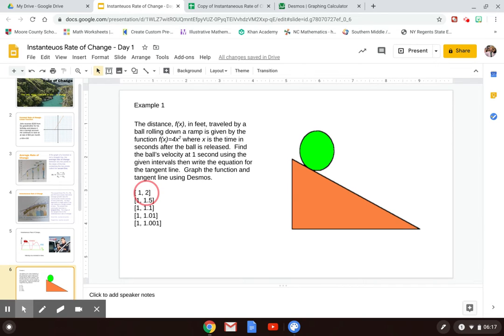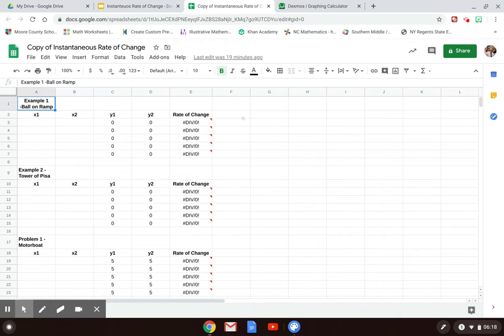And what we already know is that in order to find my y values and to use those y values to figure out a rate of change, I would have to insert each of these x values into my function. Well, what we've done for today is I have created for you a copy of the instantaneous rate of change spreadsheet that's going to do the calculations for you. So all you have to do is enter your intervals,